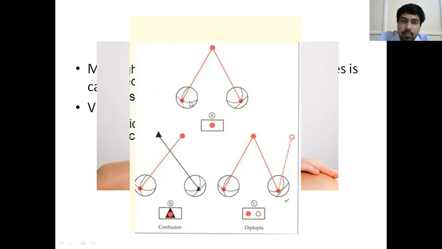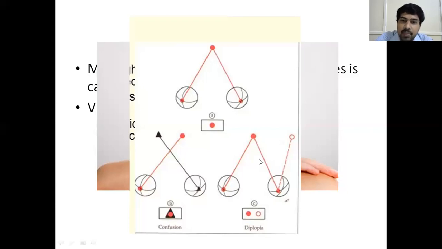So normally on both the fovea, the image will fall. It is all clear. Brain will see only one image. But when there is a squint, when there is a deviation, because of the deviation of the eyeball, the image doesn't fall exactly on the fovea. It falls somewhere here, somewhere towards the right or towards the left. So every point of the retina has a particular spatial value. Suppose this fovea centralis has a particular x, y, and z value in space. So if the image falls on the fovea, it looks as if it is present straight in front of you. If the image falls somewhere here on the right side, you feel as if the image is located somewhere over the right side in the visual field. Suppose the image falls somewhere here, it appears as if the image is somewhere in the left side of the